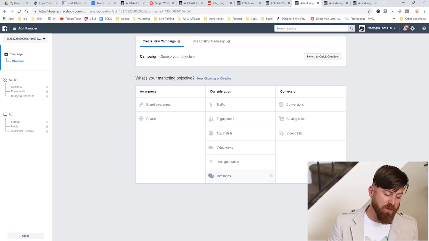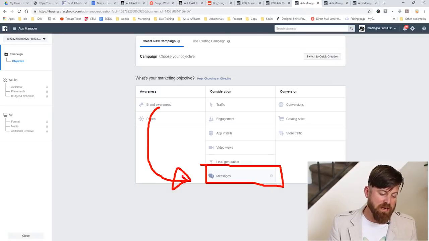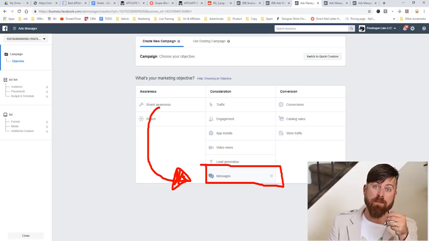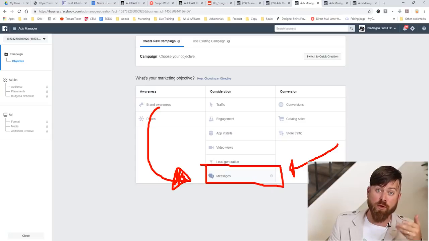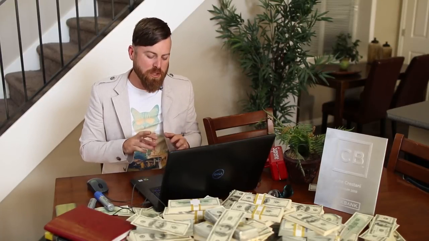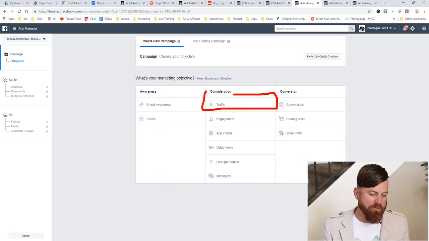Now, another really good feature which I like is Facebook messages, and you can actually send people messages or try to get people to message you using their messaging feature. This is a real good way. If you are a solopreneur running a business, you can encourage people to send you messages so you can interact with them in real time. Now, I do affiliate marketing. I sell other people's products and earn a commission because, frankly, I don't want to always be at my desk, answering messages. So we're going to go with traffic right here.